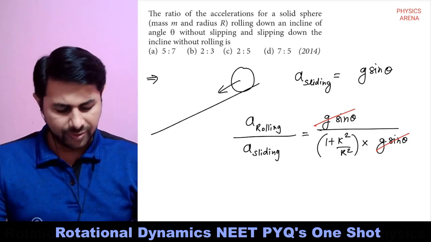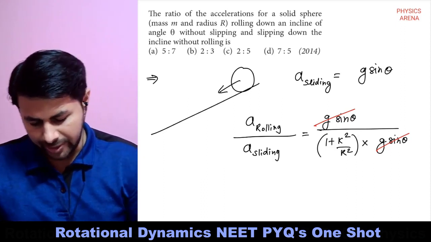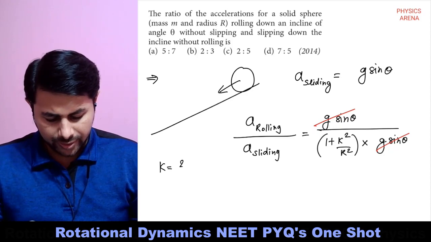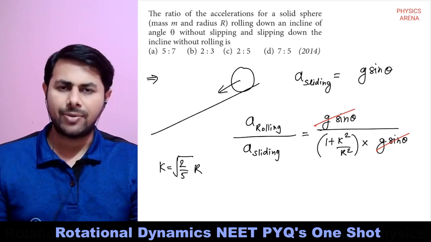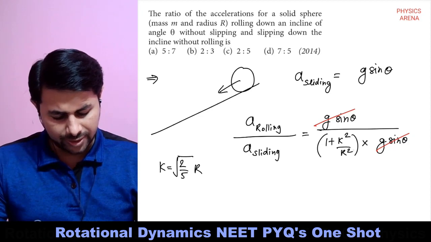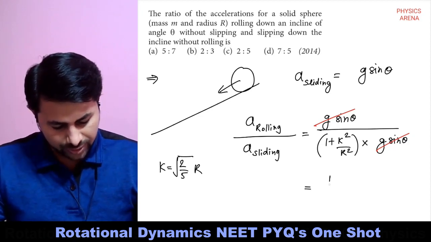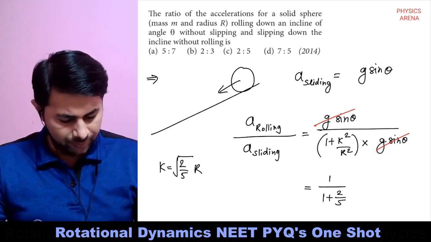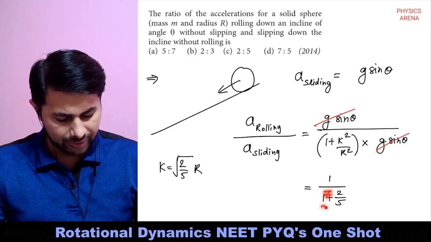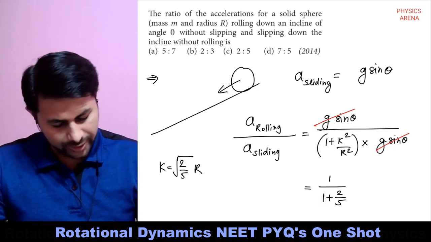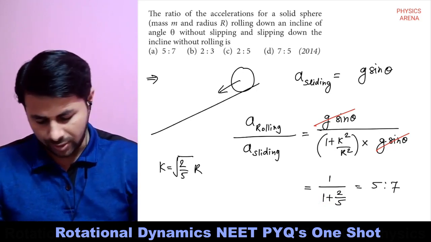Okay, so what is k square by r square? So it's a solid sphere. So for a solid sphere, k is equal to what? Root 2 by 5 r, because moment of inertia is 2 by 5 mr square, right? So k square by r square is 2 by 5. Okay, so this is 1 upon 1 plus 2 by 5, or you can say it's 1 upon 7 by 5. So take that 5 to the numerator. It's 5 is to 7. Okay, it is 5 is to 7. Option A,